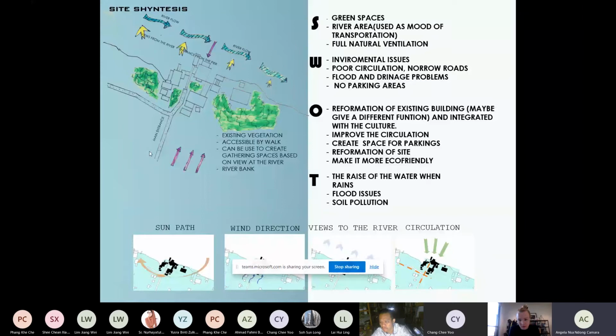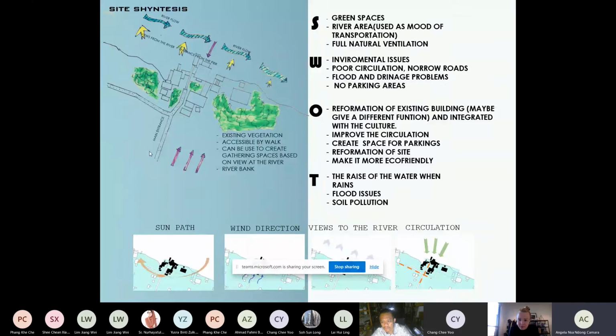For the weaknesses of the site, I have environmental issues since the site is located near the river. We know that as the water goes up, it can cause floods and things like that. Another thing was that the circulation was not really good, so one of the ideas is to improve the circulation and add more parking areas.